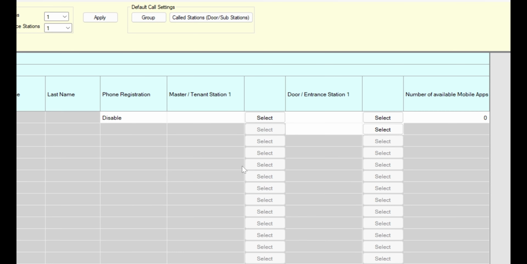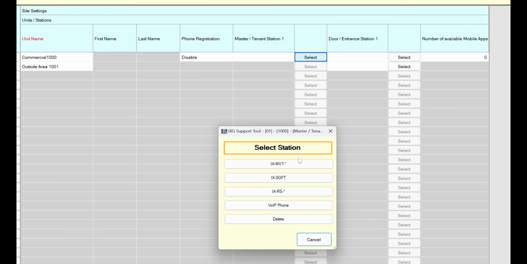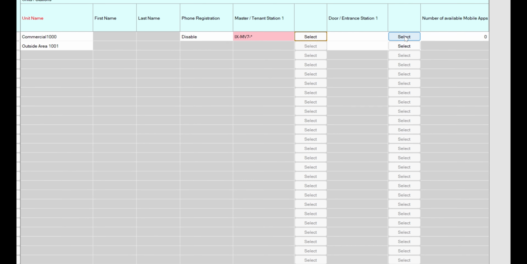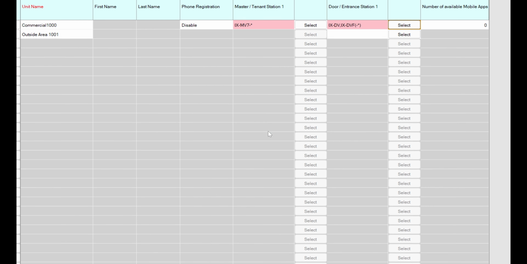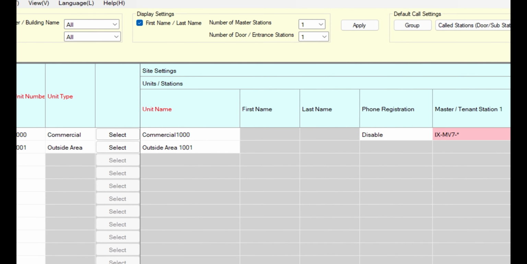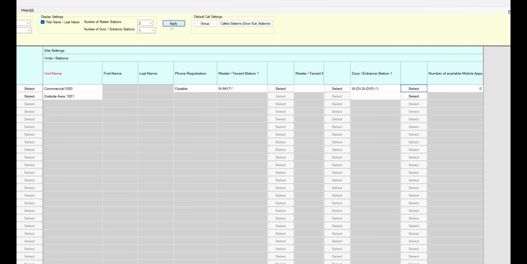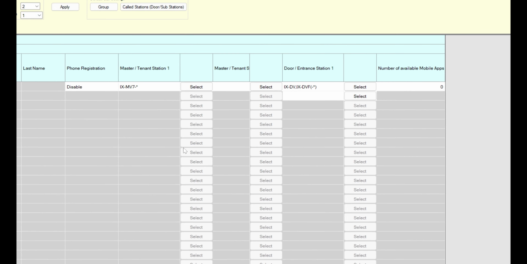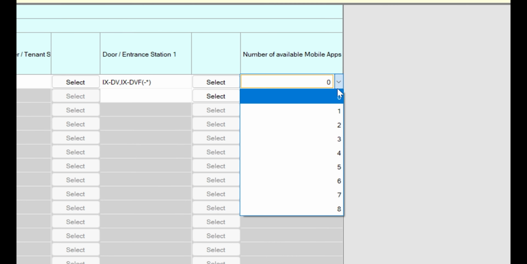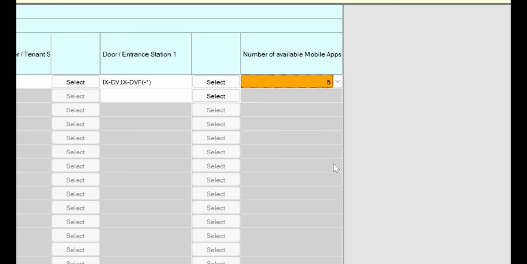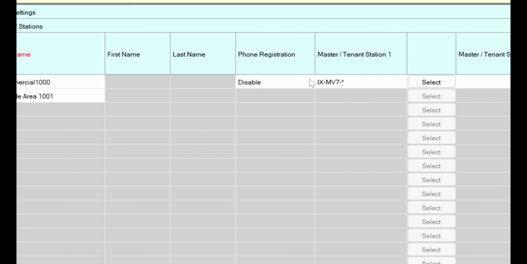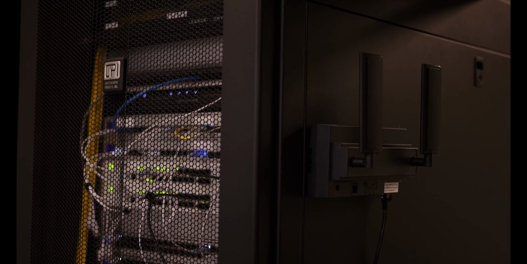Over on the right side, you're going to see a few different types of columns. The master tenant column is where we're going to be adding in our different answering stations, and our door/entrance column is where we'll be adding our door and entrance stations. You're going to see a unique number of answering stations and door station columns depending on the display settings that we entered earlier. Some other columns you'll see here are the number of mobile apps column to the far right. This is going to allow you to pick how many mobile apps are added into a particular unit. You'll also see to the left the phone registration column, which allows you to enable phone dialing with your IXGW-TGW